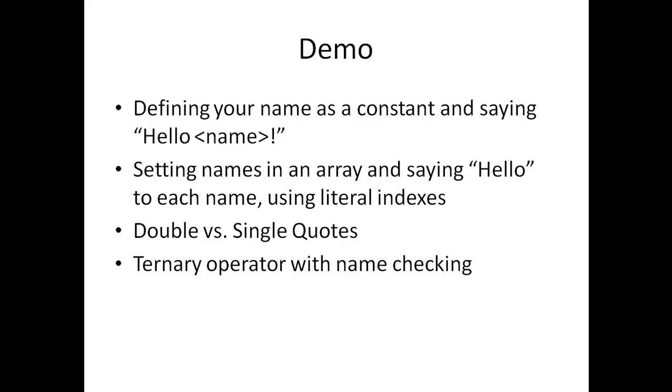So for the demo, we're going to define your name as a constant and say hello name, where name obviously is the constant, so it should say hello and your name. Setting names in an array and saying hello to each name using literal indexes. I might just do maybe 3. We'll get to looping through the array later. Doubles versus single quotes. I'm personally not going to demo it. I wanted to put it in here to talk about it in the demo because I think it's important for